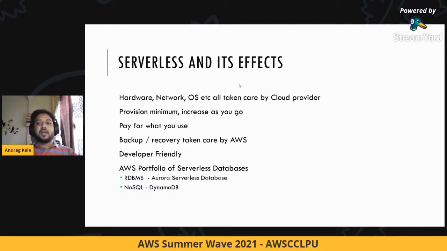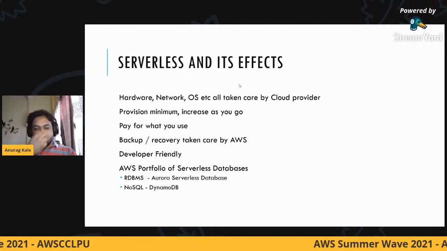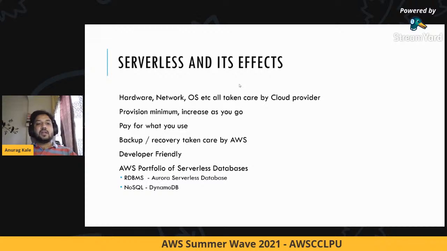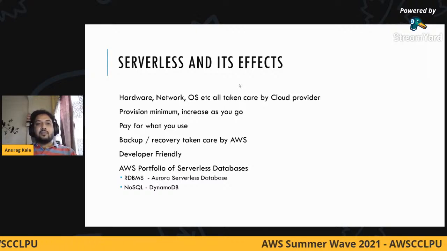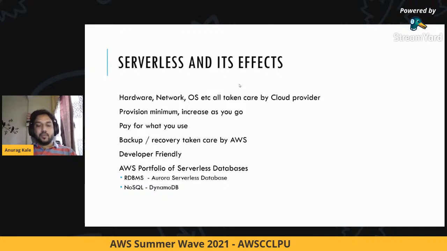Let's expose it as a service. And that is how serverless came into fruition. So what serverless basically means is that hardware, network, operating system, and everything related to running a database server is taken care of by the cloud provider.